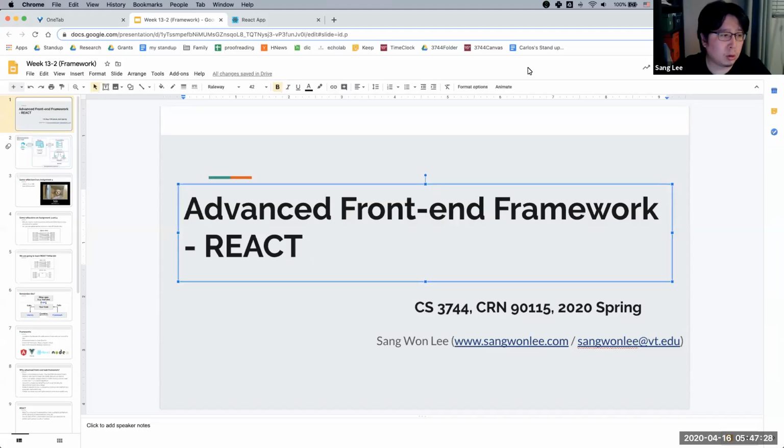All right. So, hello everyone. Today I'm going to give a lecture on one of the advanced front-end frameworks. So far we have learned,